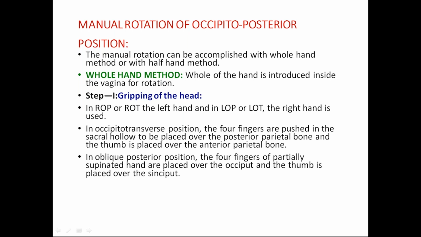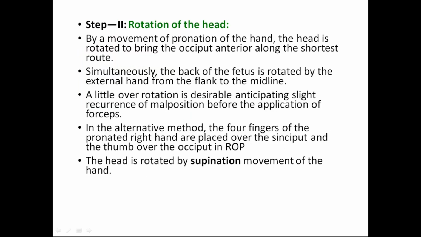So it is coming like this. In the left side it will be coming like this. So you have to put it like this. Rotation of the movement of flexion or extension. If you are rotating in this side like this, that is one way. As an alternative method, you can rotate to the other occiput anterior. Ideally, the thing is to rotate the occiput, bringing the occiput towards the anterior side.